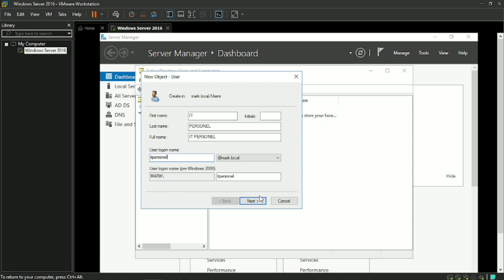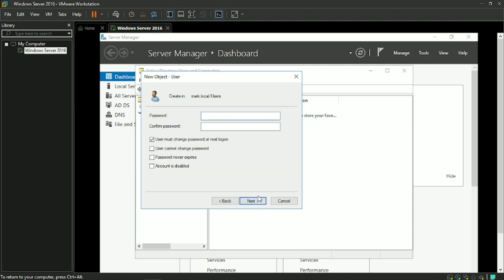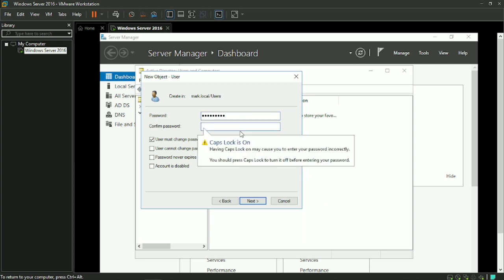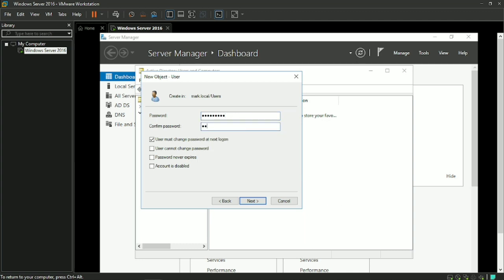Yan. And then, next ulit. And then, set ulit ng password. Pag nagse-set kayo ng password, make sure na dapat alam nyo yung mga nilalagay nyo. Then,